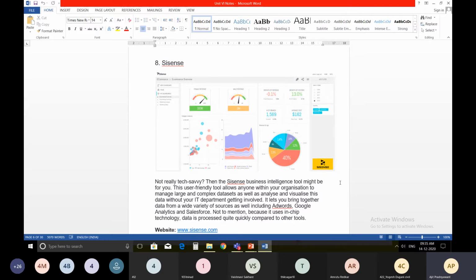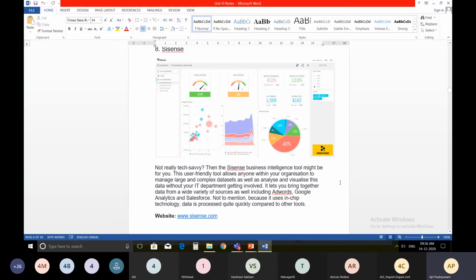It lets you bring together data from a wide variety of sources as well, including AdWords, Google Analytics, and Salesforce. You can get more detail about this on csense.com.